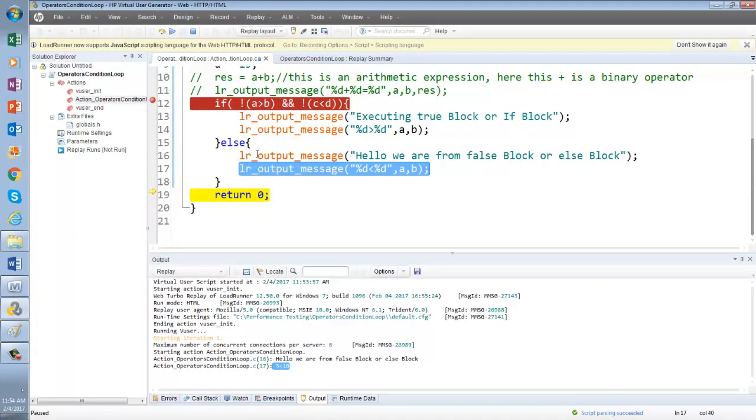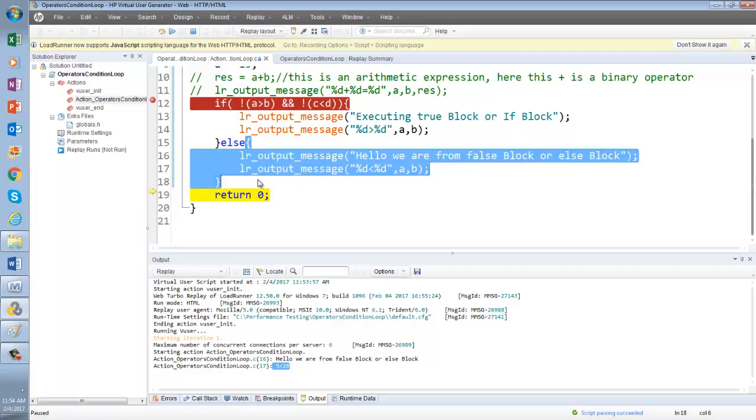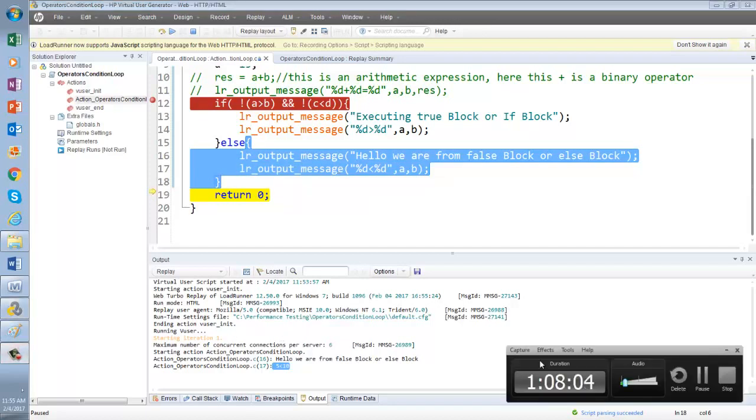So the question here: after the else block we have two LR statements. Here we are talking about this block. In this block we can have multiple things. We can have LR, we can have other statements, right? You can have as many as you want. We can make this true statement into one as well. Put the hard code and then you put the variables.